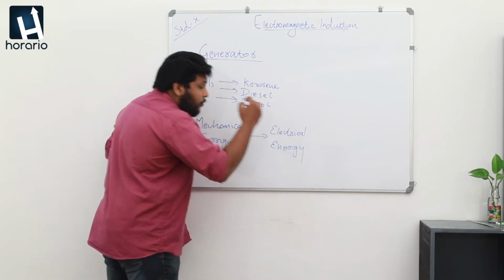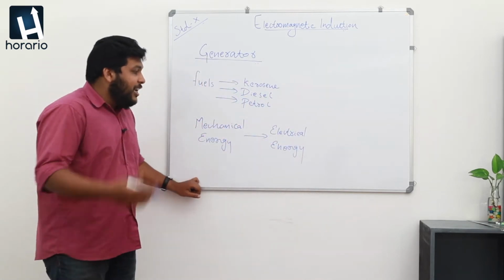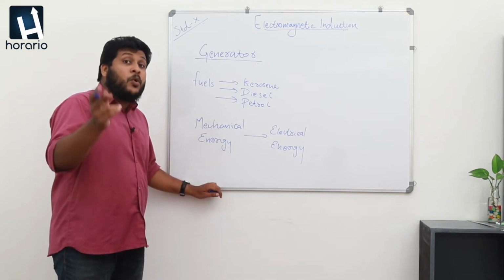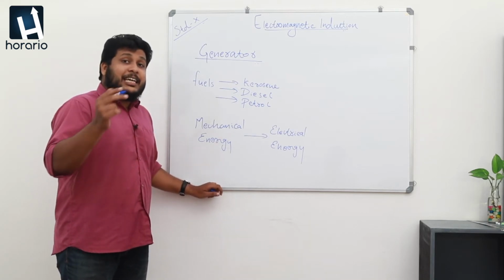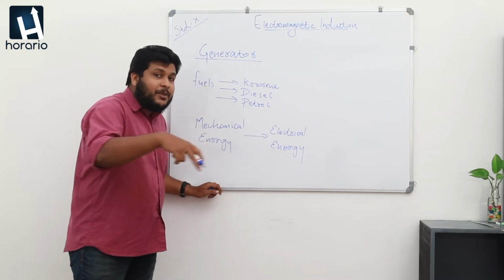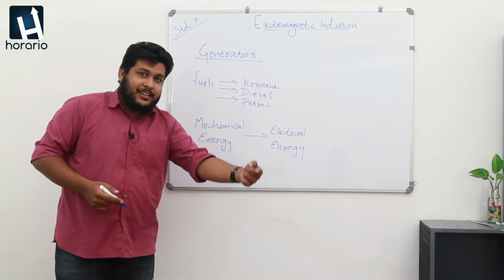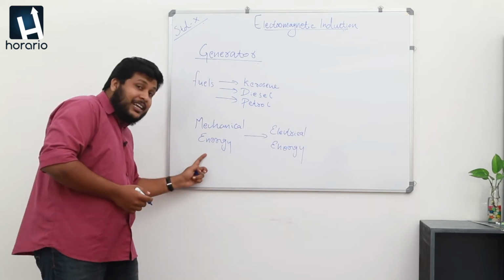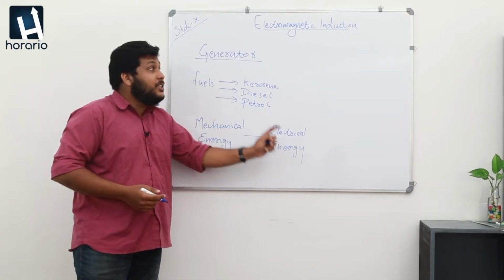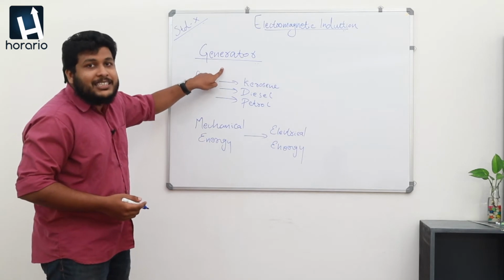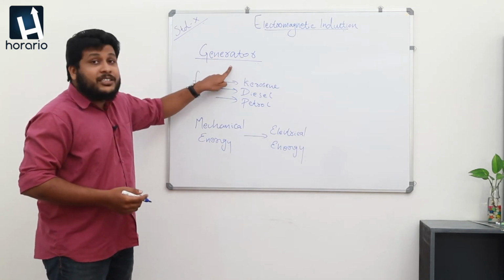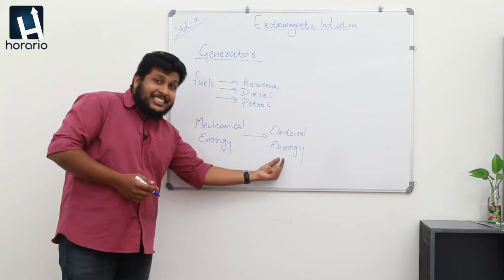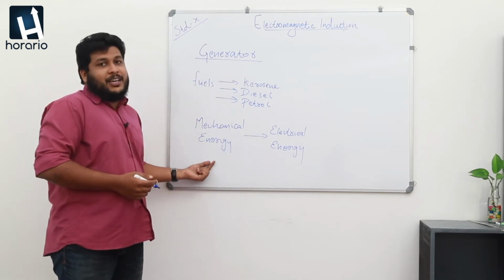For your reminder, in the earlier class, in chapter 2, we discussed that when a motor is working, the electrical energy given to a motor is converted into mechanical energy. So, vice versa, we can also convert mechanical energy to electrical energy with the help of equipment known as a generator. So the generator is used for making electrical energy from mechanical energy.